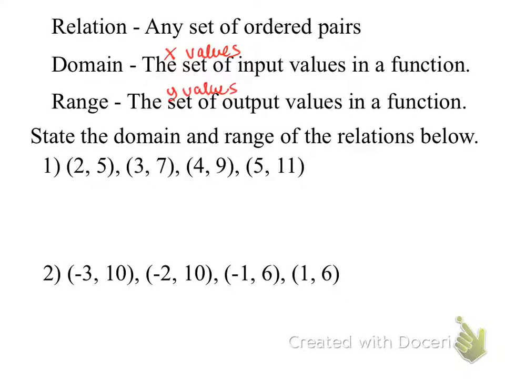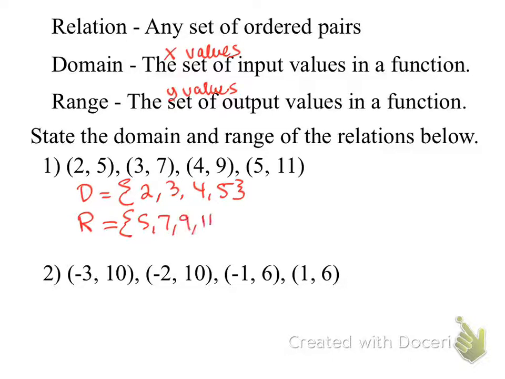So, if I'm going to write the domain is equal, what is my domain? What are the numbers in that number set that make up the domain, Chris? 2, 3, 4, and 5. Good. And what would make up the values for my range? Vardon. 5, 7, 9, and